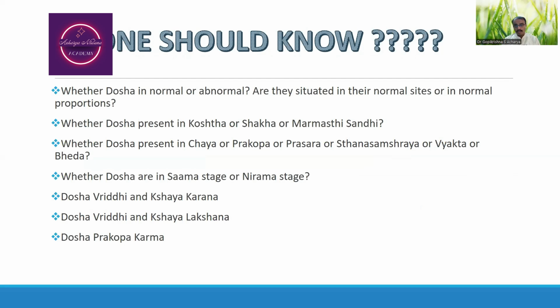Why? What are the things one should know to identify the Dushta Dosha? We have to identify whether the doshas are in the normal state or abnormal state. So that means the textbook says several functions of normalcy and abnormalcy. For Vata dosha, it is mentioned that